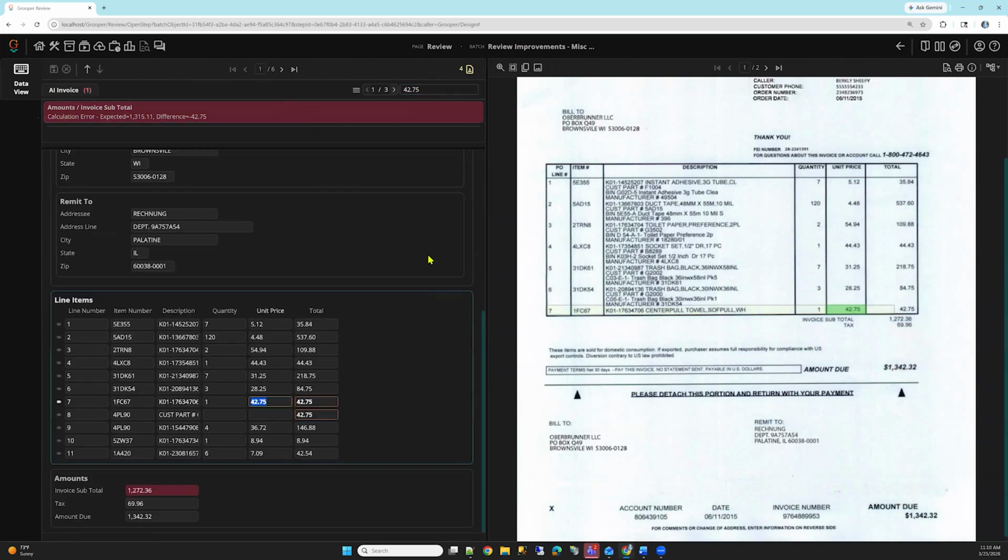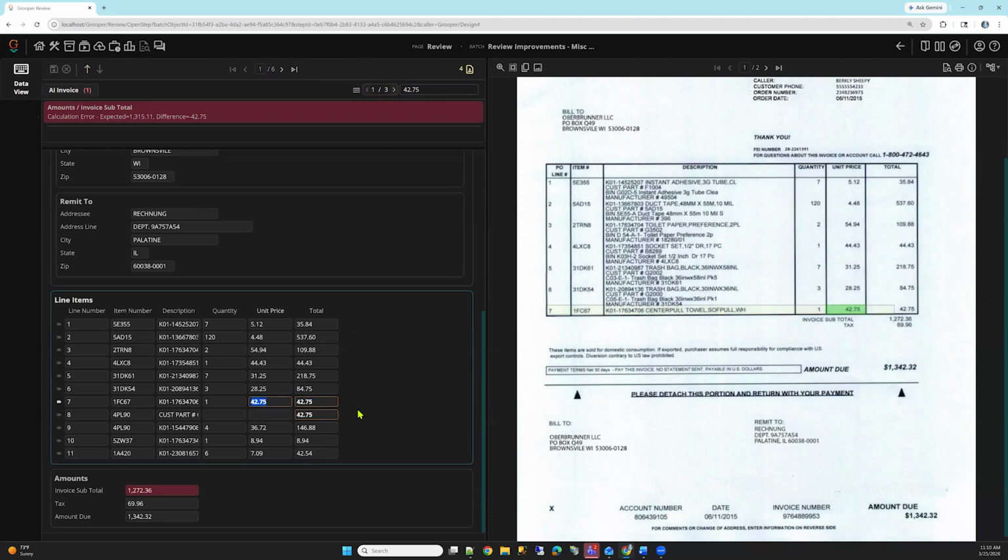Hit enter, and what Grooper is going to do, a couple of things you may have noticed. Number one, it is going to outline the resulting inputs in orange. Doesn't matter if it is a table cell or actually like a field value up here. If it matches what you type here, it's going to outline it in orange. It's also going to give you basically a list of hits right here. And you have a navigator to even navigate to them if they aren't right next to them, like